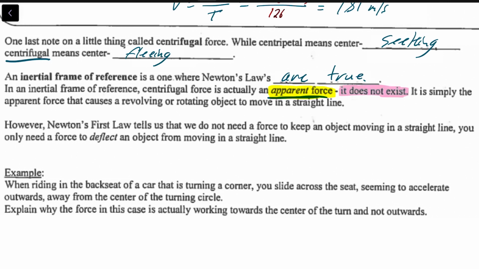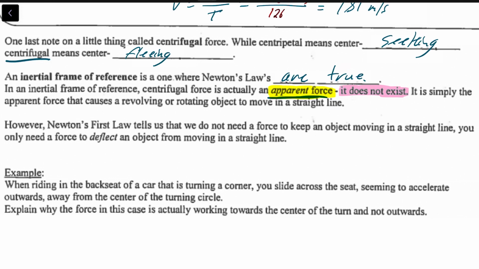So what are you feeling then? If it's not centrifugal force, it is simply the apparent force that causes a revolving or rotating object to move in a straight line. However, Newton's first law tells us that we do not need a force to keep an object moving in a straight line. You only need a force to deflect an object from moving in a straight line. So here, essentially, what is causing you to feel like you're flying outwards or backwards is actually your inertia,